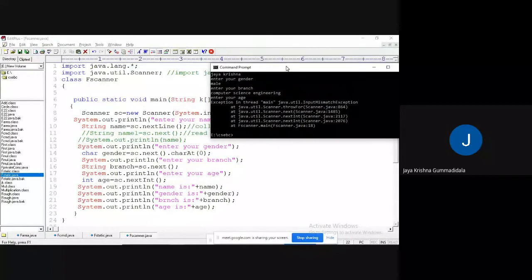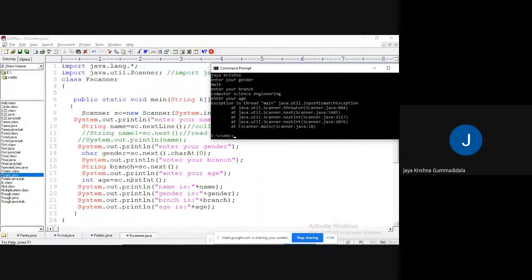Because the next method understands that once you press space, the next part is not considered, and the next token will be considered for the remaining thing. Now science will be considered for the integer, but I have entered it in the form of string, so it will get an error. InputMismatchException. So that is the reason you have to take care of everything.